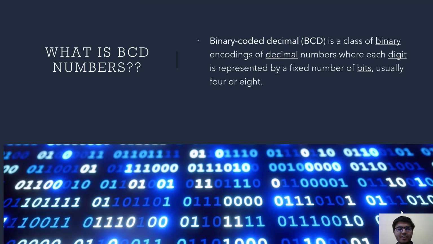In the real world, if you ask a technical person what BCD numbers are, he would give us a complex definition like BCD is a class of binary coding and decimal, blah blah blah. But what actually is BCD, binary coded decimal? Let's study it in a simplified way. It is just another data representation format like binary numbers or decimal numbers. Binary numbers have a base of 2, and decimal numbers have a base of 10. So what actually is BCD?